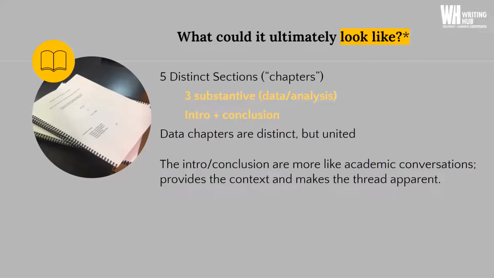And in between, you'll have 3 substantive sections or 3 chapters, and I'll call those your data chapters. You can introduce the methods that you used in each distinct chapter, or you can have a separate method section, whether it's a methods chapter or a methodological appendix that overviews the details of how you answered the challenge in terms of your research design and your research plan. But you'll have 5 distinct sections: an intro, 3 substantive data analysis sections in between, and then a conclusion.